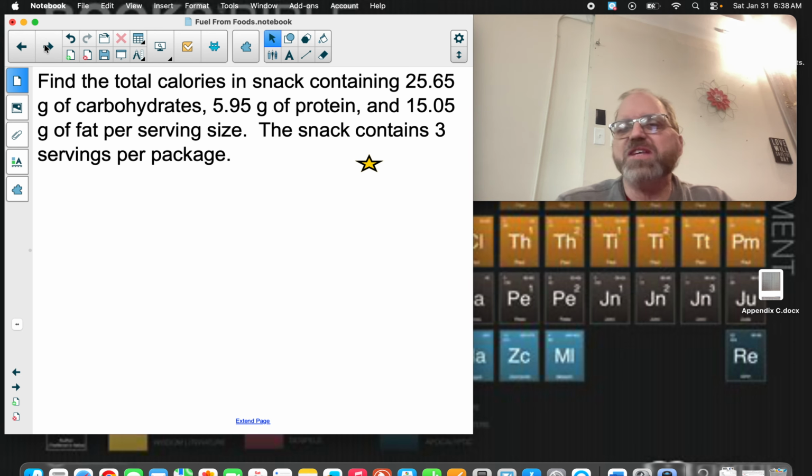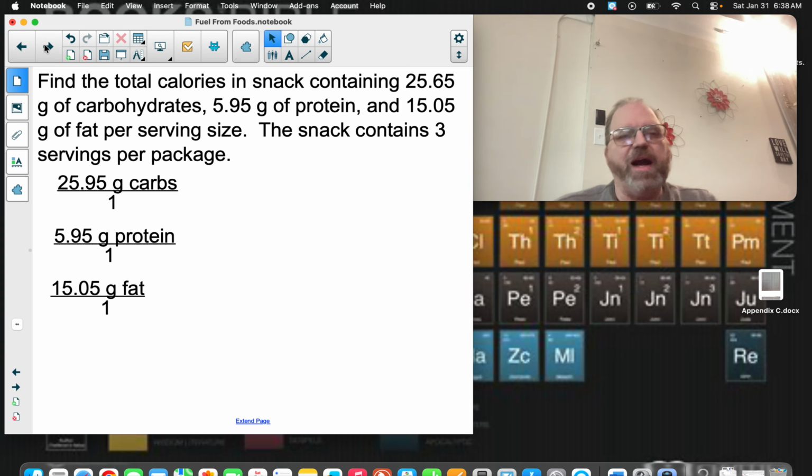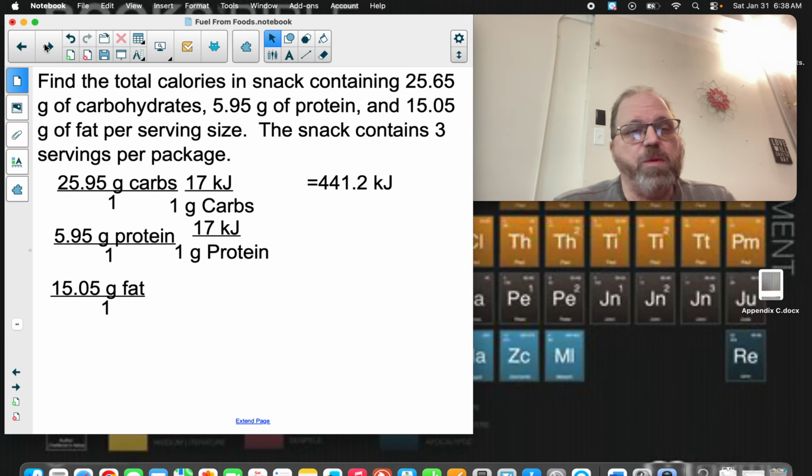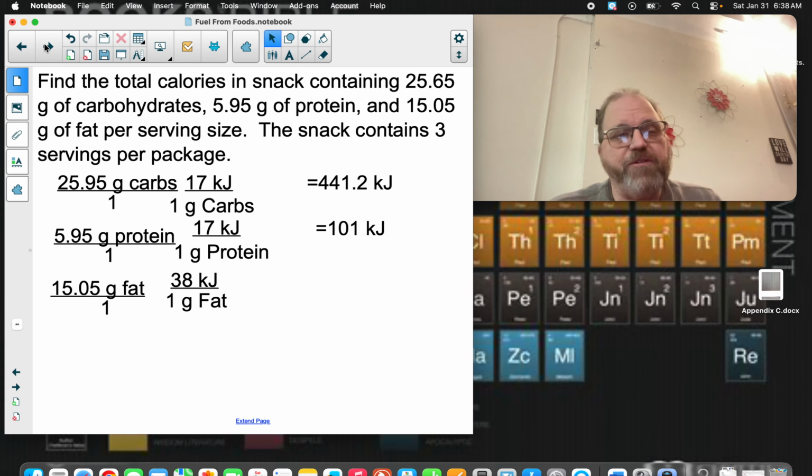So let's do the process for this one again. We take our carbohydrates, our proteins, and our fats and put them all over one. So 17 kilojoules is 1 gram. 4 sig figs, we get 441.2 kilojoules. 17 kilojoules per 1 gram of protein, 3 sig figs there, we're going to get 101 kilojoules. 38 kilojoules is 1 gram of fat, we're going to have 4 sig figs there, we get 571.9 kilojoules, we